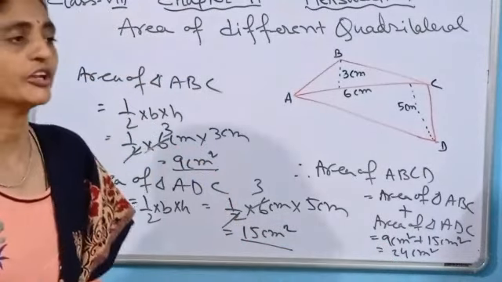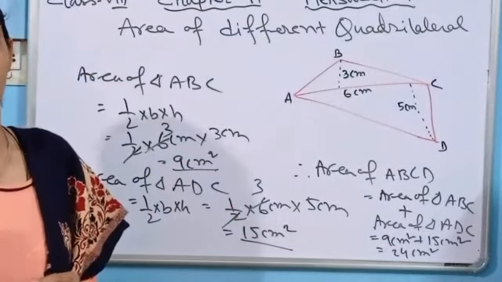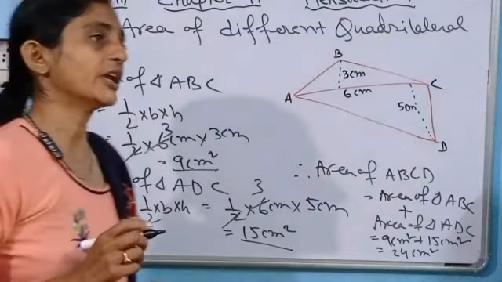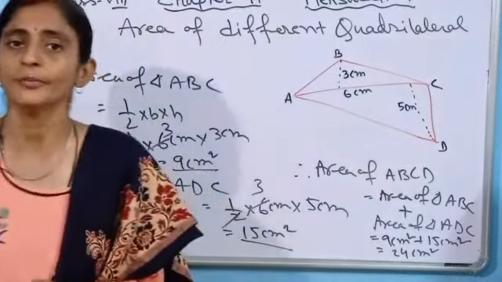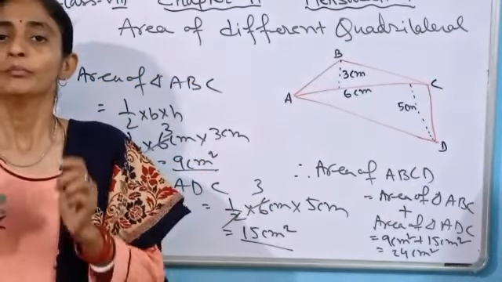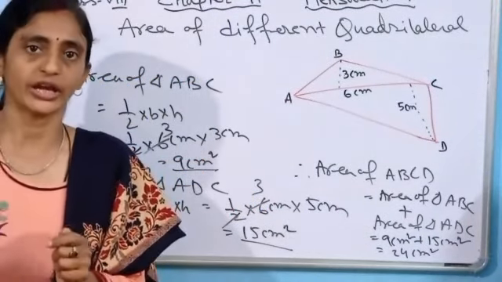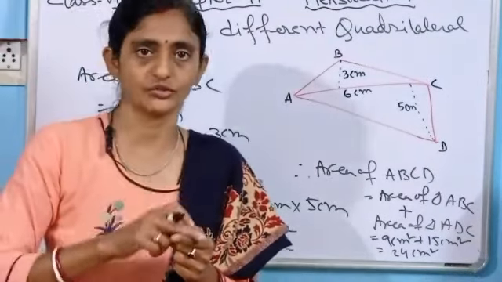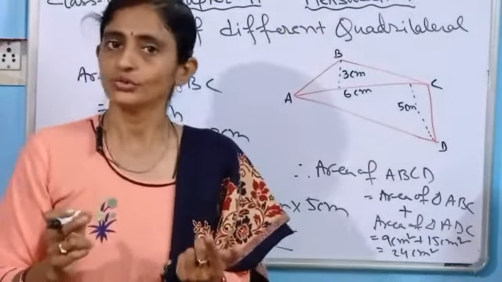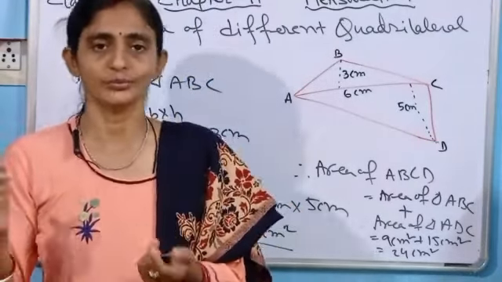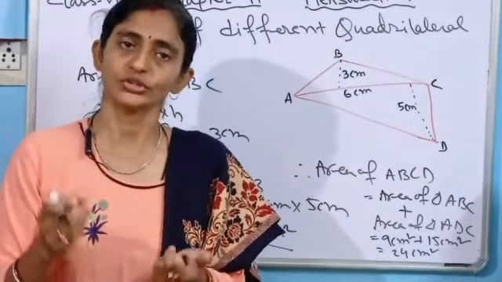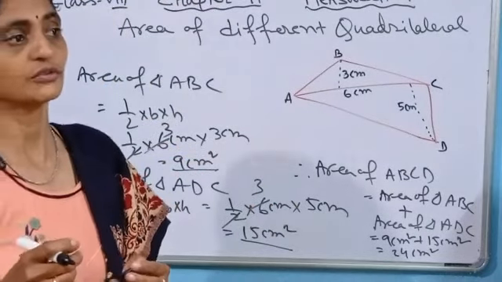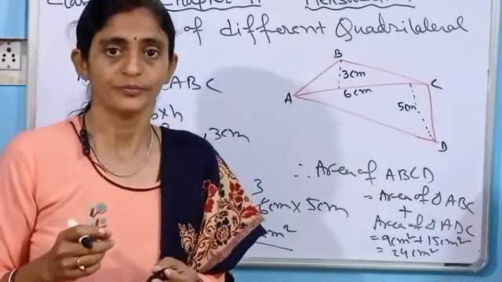Okay, and tell me what is the area of a rhombus if the two diagonals have been given. So in this case, the area of a rhombus will be half into product of these two diagonals. That means half into d1 into d2. If we are considering one diagonal is d1 and the other one is d2, so the area of the rhombus will be half into d1 into d2. Okay, let's come to solve. We will solve some difficult level of questions.